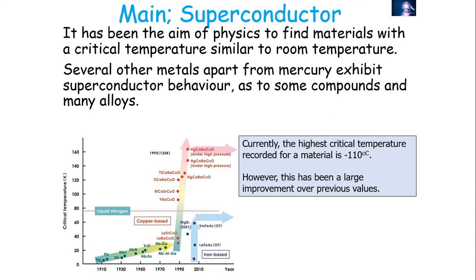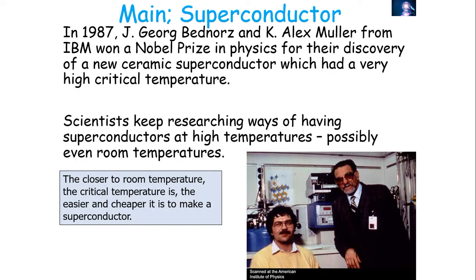Now, currently, the highest critical temperature recorded for a material is minus 110 degrees Celsius. Now, that is obviously still extremely cold and a lot colder than room temperature, but it's a massive improvement compared to what we had originally in 1910 with things like mercury and lead. Now, in 1987, Bednorz and Müller from IBM won a Nobel Prize in Physics for their discovery of a new superconductor which had a relatively high critical temperature. Scientists, even to this day in 2020, are researching ways of having superconductors at as high a temperature as possible,